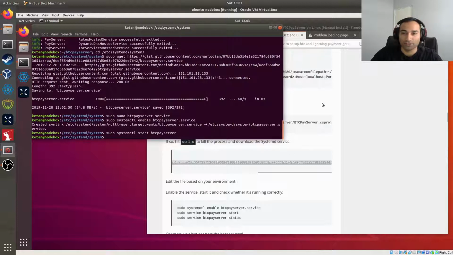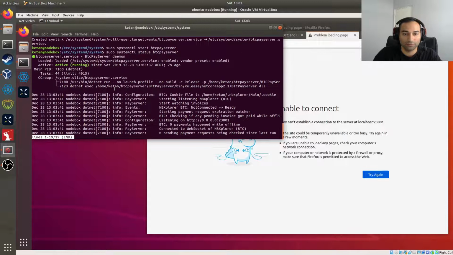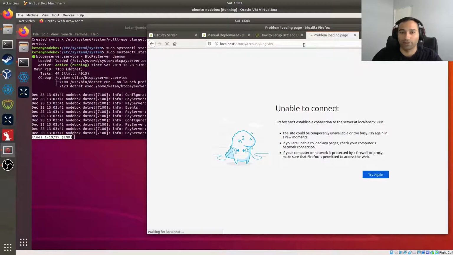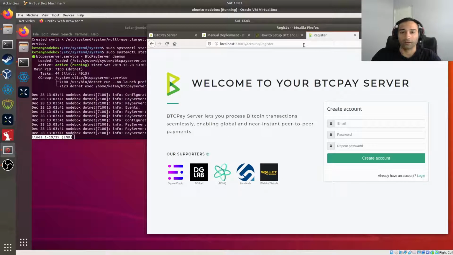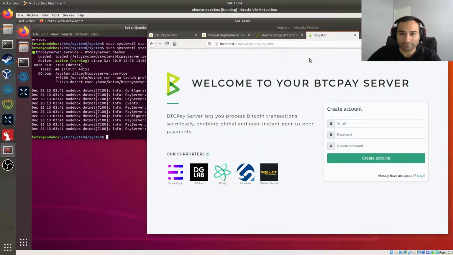Okay. So now when we go back here, we'll just look at the status to see how we're going. Okay, looks good, and it's listening, so that's fantastic. And then when we go here, we can now look at our BTCPay Server instance on our local machine. That's awesome. Okay, so we can Control C out of there, and the BTCPay Server is still running in the